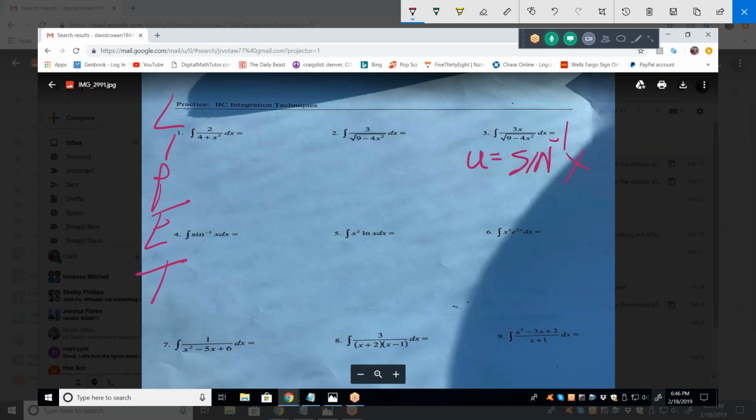What is dv? Would that be everything else? What is everything else? Just dx? There you go. Which makes v equal to